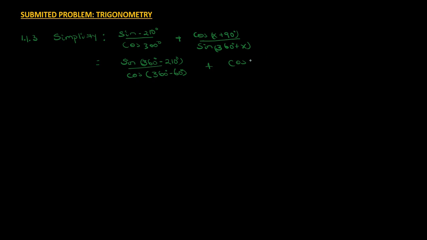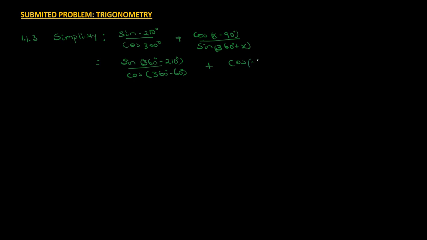I would prefer to write it as negative... okay, I got myself a bit confused. I saw that something was amiss there. The problem is this is not a plus, this is a minus. Okay, and so we have x minus 90 degrees, and I wanted to simplify this in this fashion to have